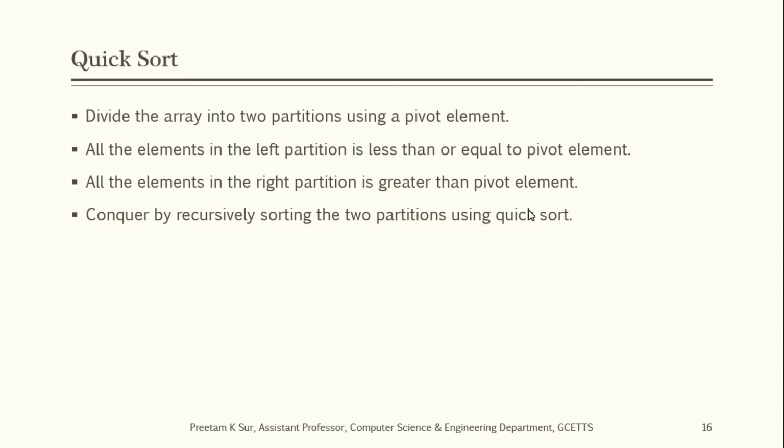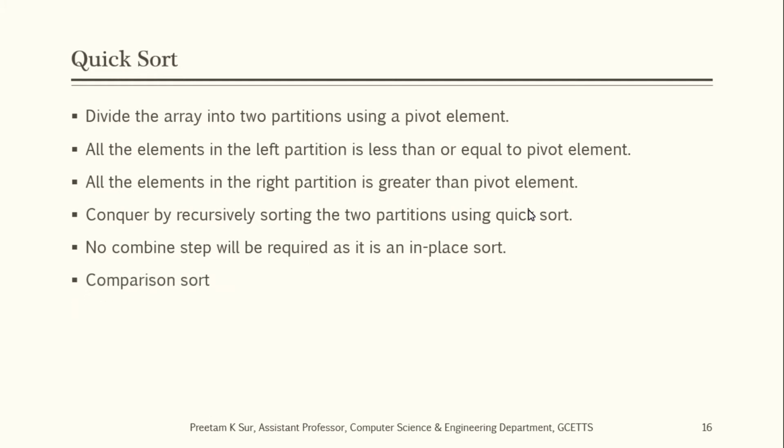Okay. So here the divide operation, or the partition operation, is basically the heart of quick sort, where we are finding the pivot element and putting it in the position where it should be. And you can understand there will be no combine step required, as it is an in-place sort. First of all, it is an in-place sort, and next, in the divide step itself, the pivot element is getting placed in the position where it should be, right? So there will be no need for combining. Okay, so this is how quick sort works.